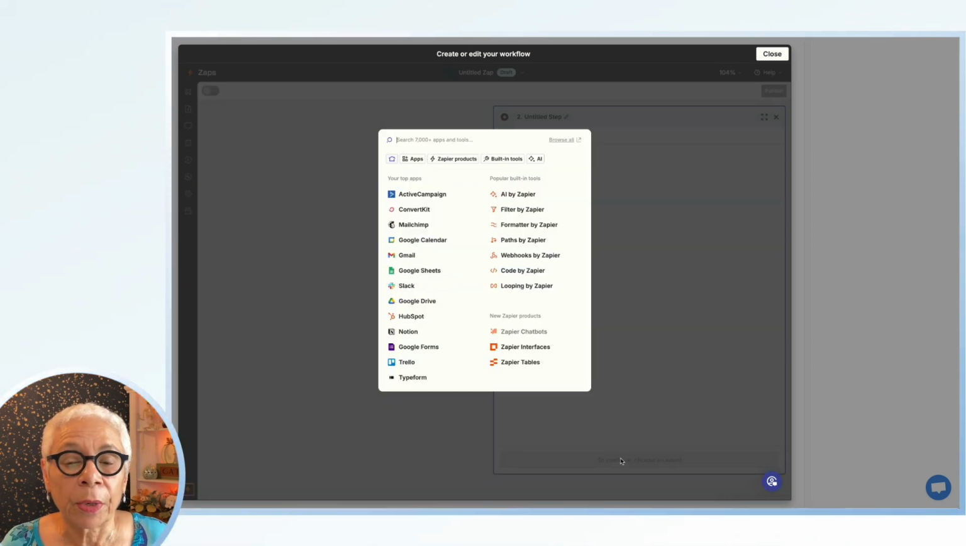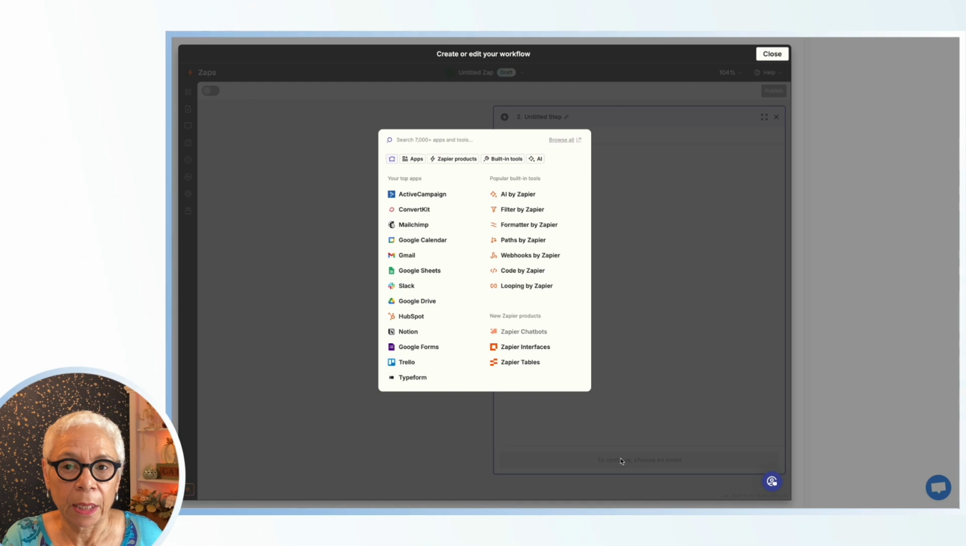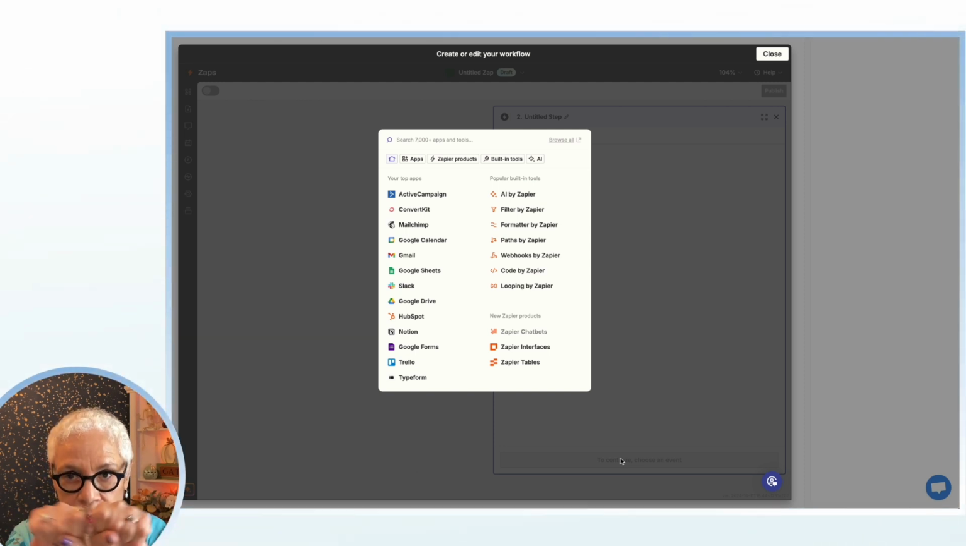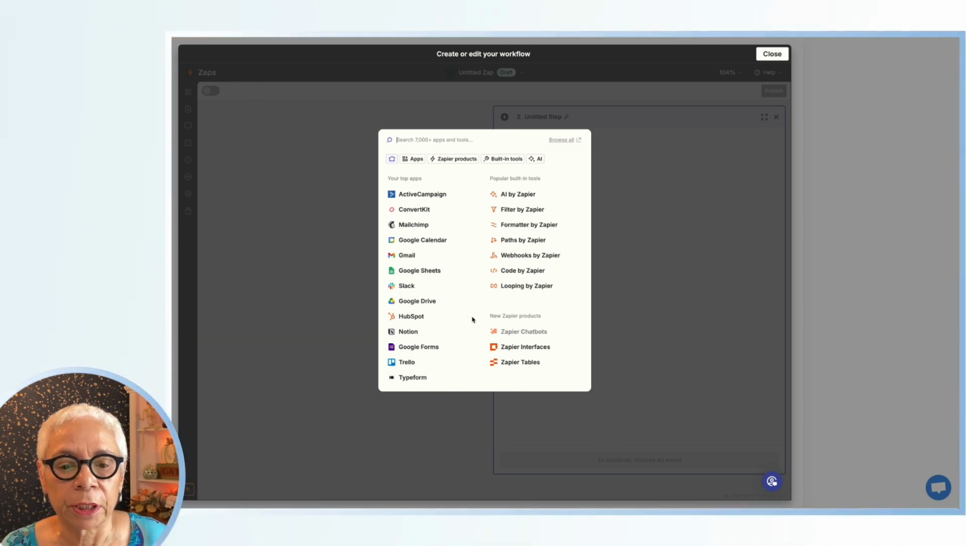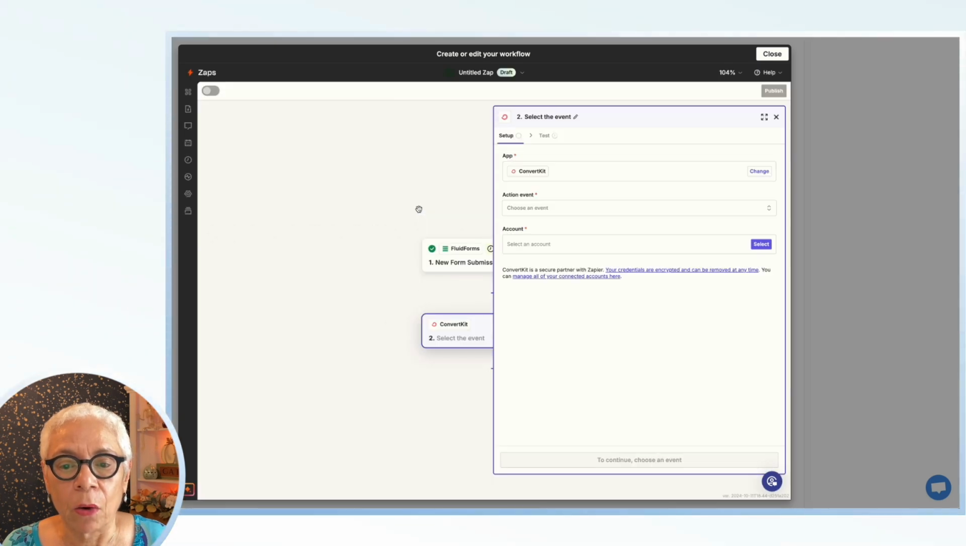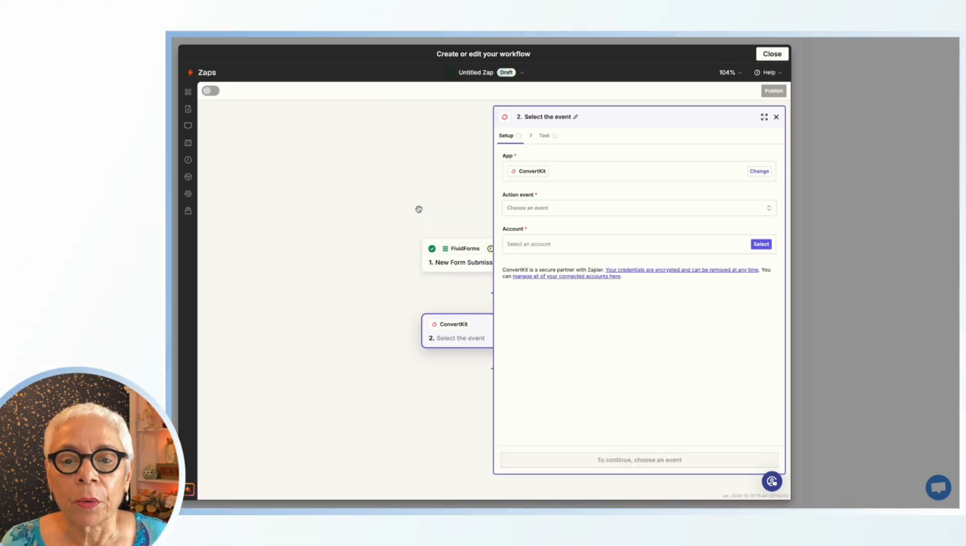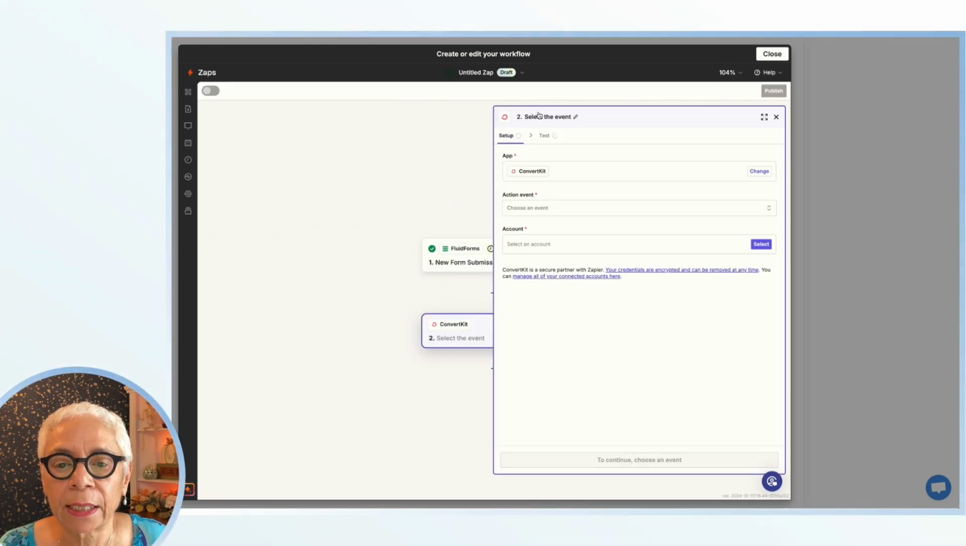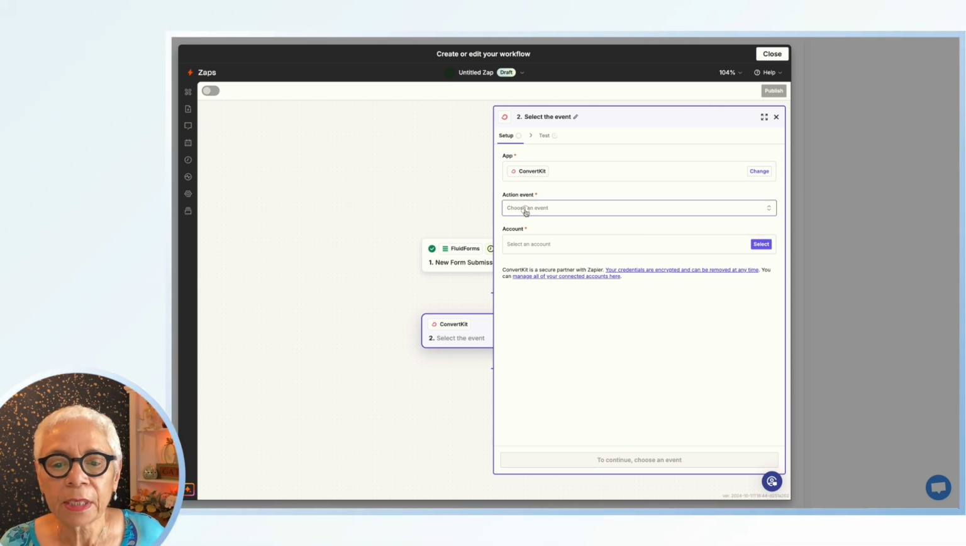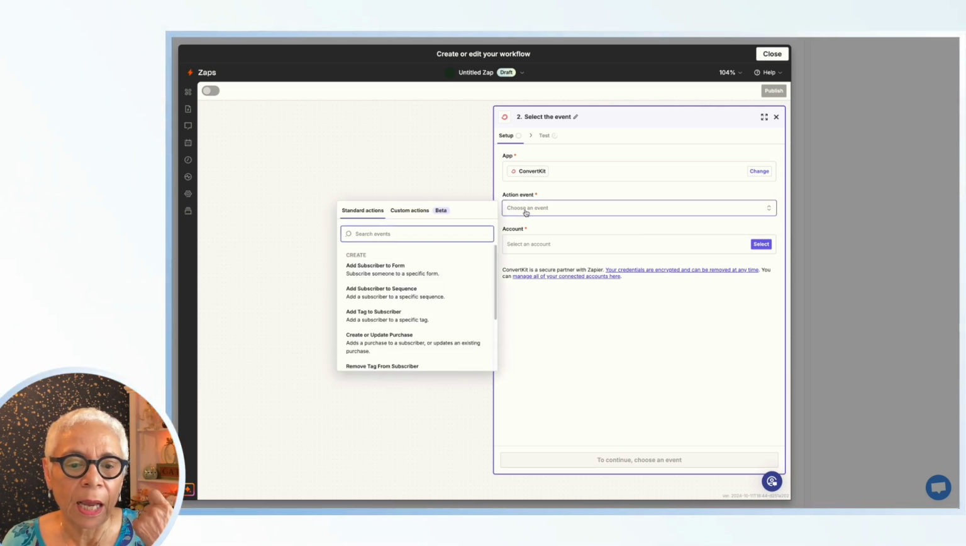Let's see. Okay, we got Fluid Forms set up. Now we've got to get the connection. All right, the connection is ConvertKit, now Kit. Okay, again, we have to select an event. The event is going to be